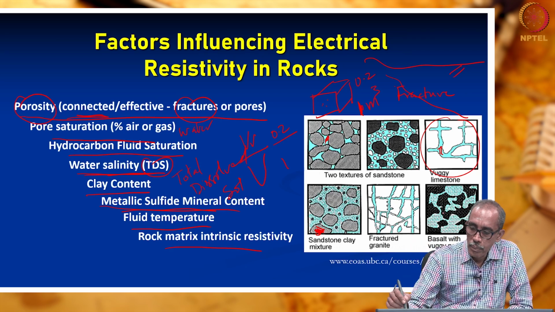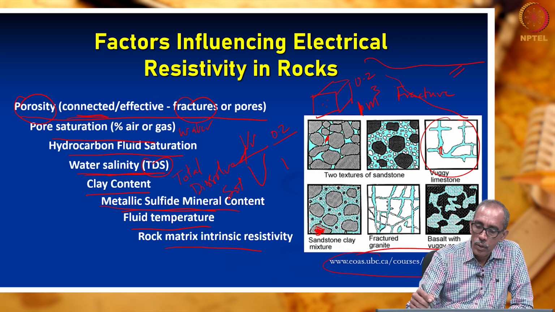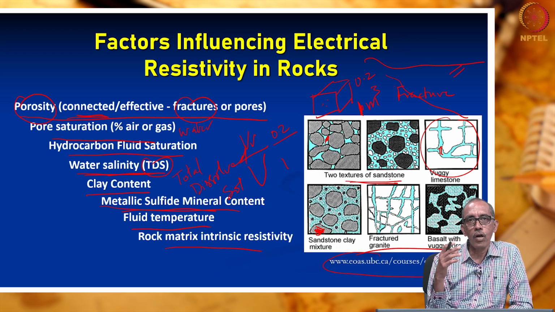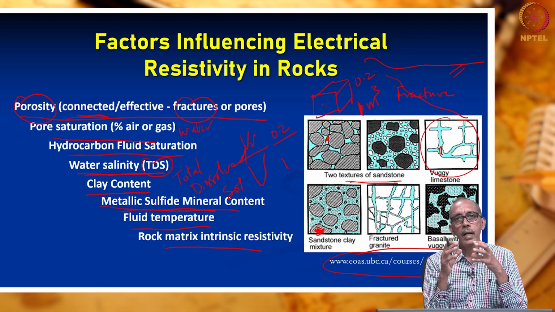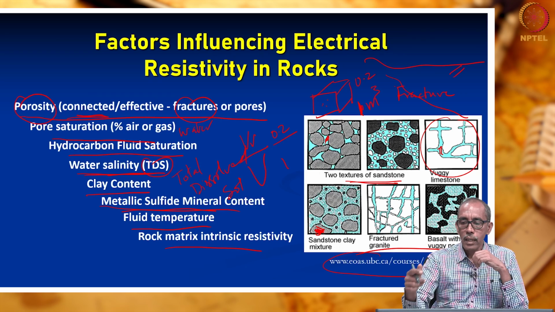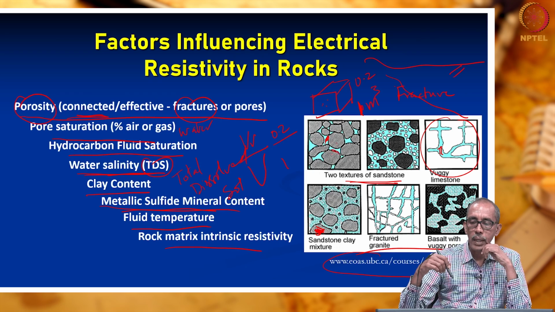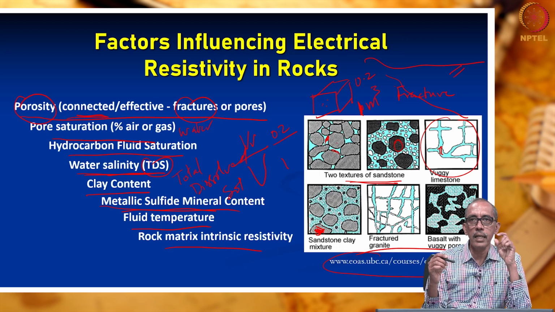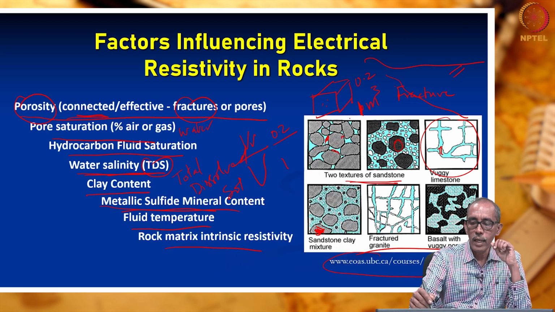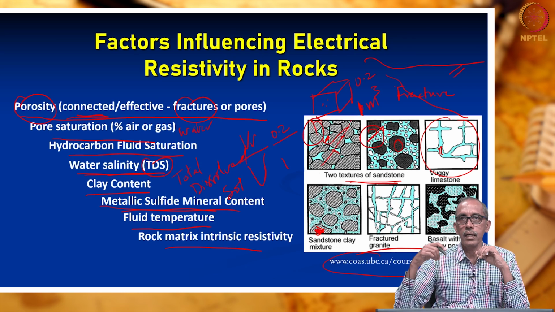Here you can see a picture brought out by these people, right? Here you can see two textures of sandstone. Sandstone is a rock where sand is bound by a cementing medium. Here are two types of sands. In this one, large sand grains are bound by a cementing matrix. Here, the large grains of sand are bound by a cementing matrix, but the cementing medium also has some tiny sands. So, both of them will offer different resistivity. This is number 1, this is number 2. Both will offer different resistivity.